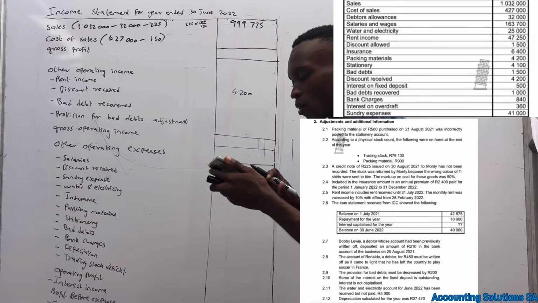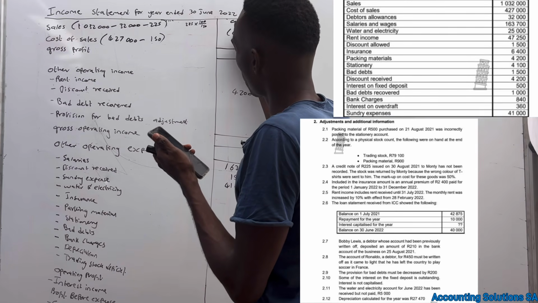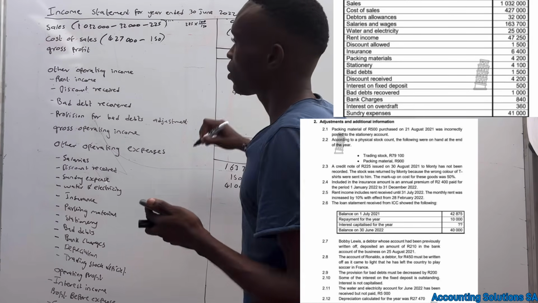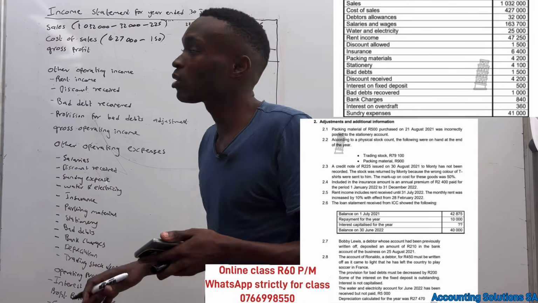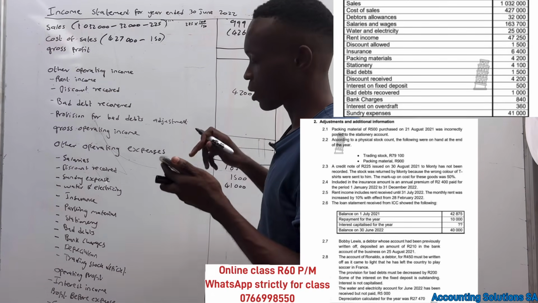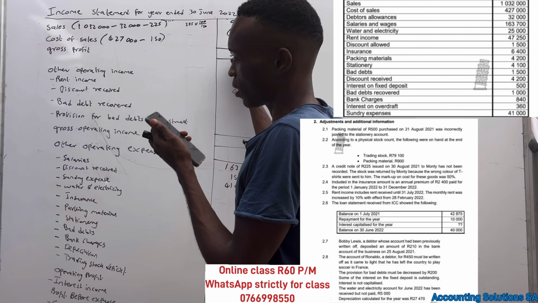Then you calculate your balance. It's going to give you 426,850. I'm sure that you are aware that cost of sales, obviously, we have to write it with brackets. You take this one minus this one and you get your gross profit, which is an amount of